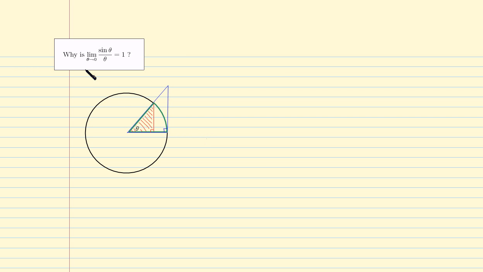Okay, some of you may have been curious: why is it that the limit as theta goes to 0 of sine of theta over theta equals 1? Well, consider the following picture here. Notice I have drawn in an angle of some theta,